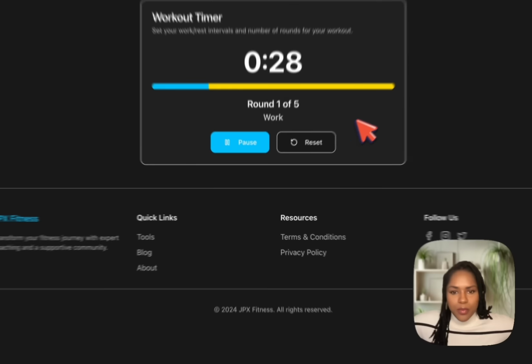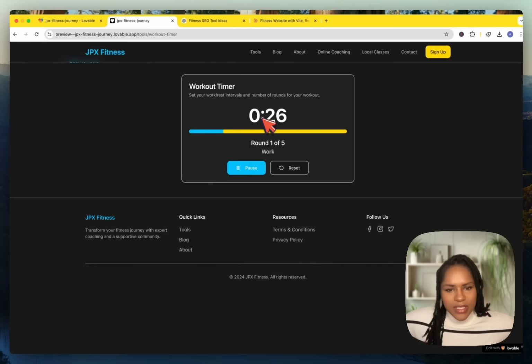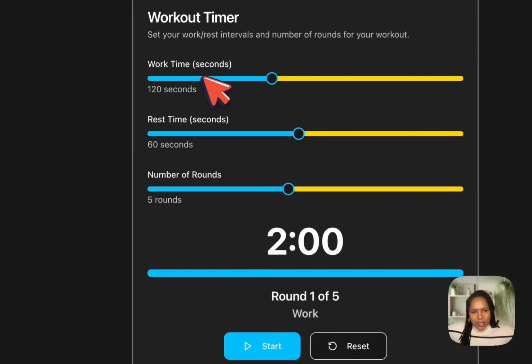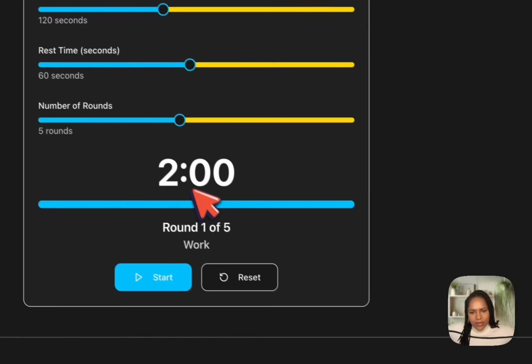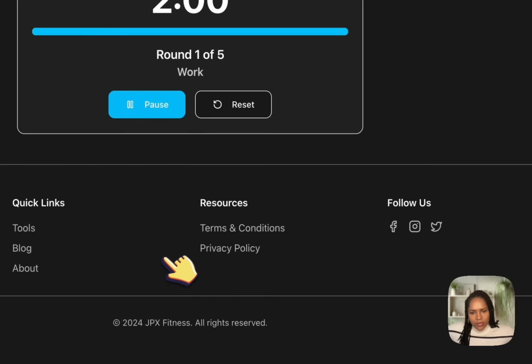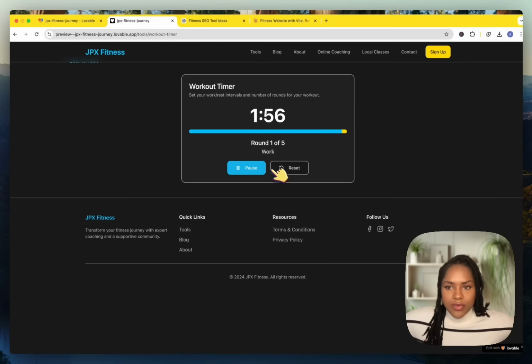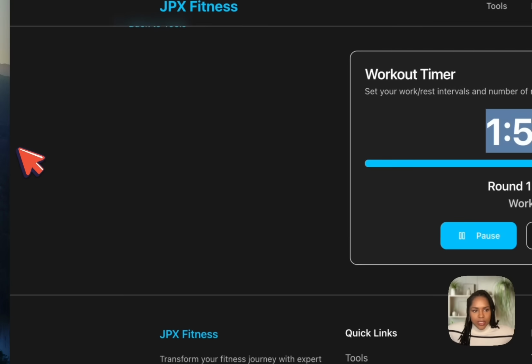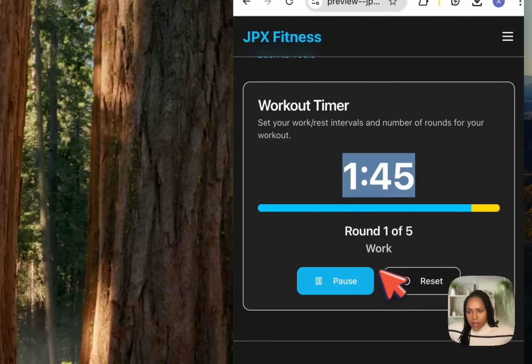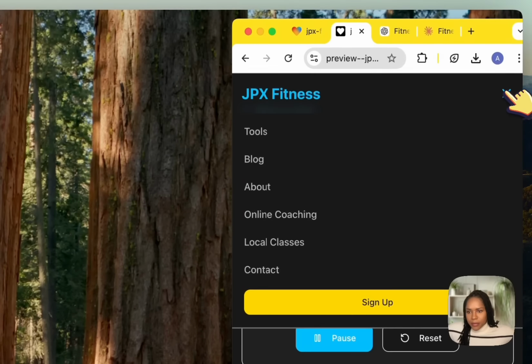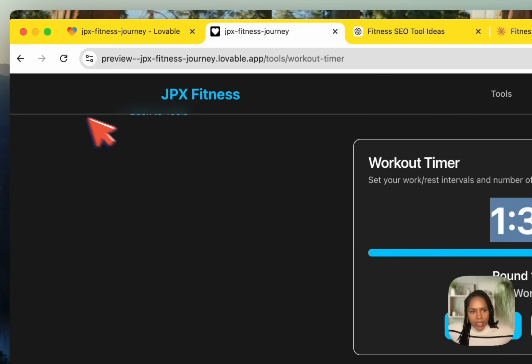It works. That's awesome. Round 1. Did I say 30 seconds? Is that working right? Reset. No, it says 100. Where did they get 30 seconds from? 2 minutes, round 1 of 5. Okay, cool. That's awesome. That's really cool, especially if it's truly mobile friendly. Looks good. Yeah, cool. All right, so other than the nav bar being a bit of a pain,